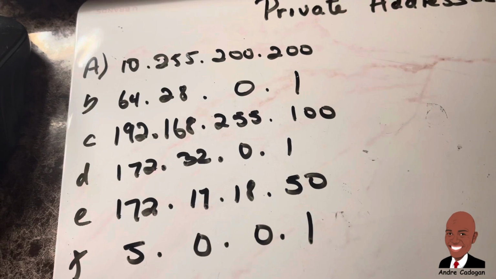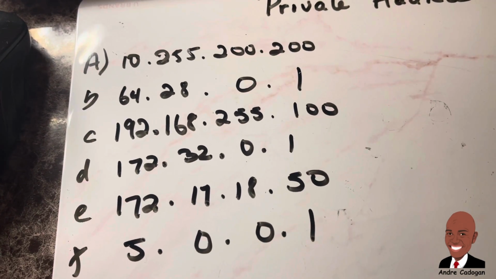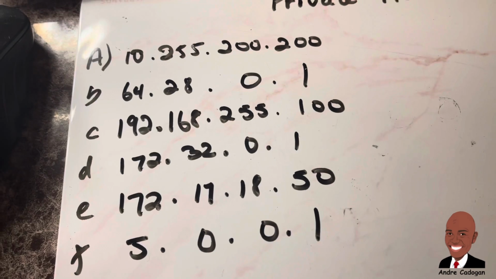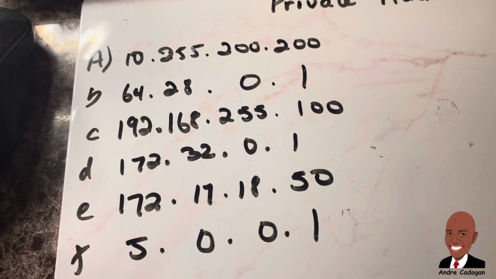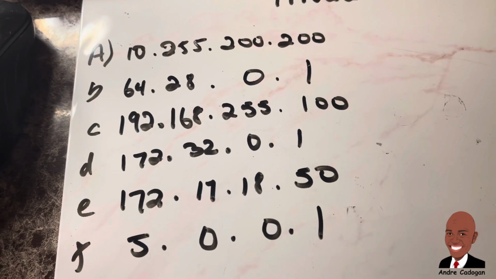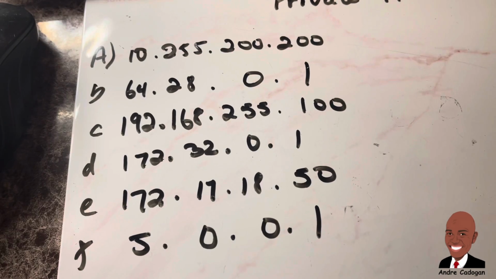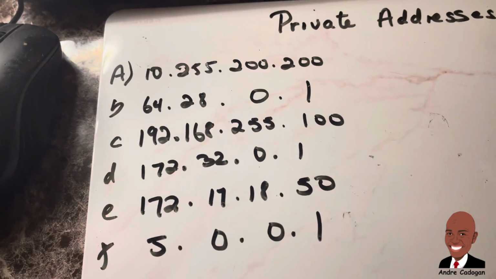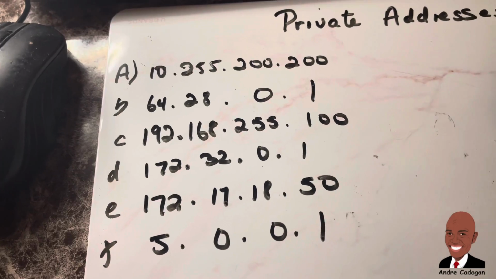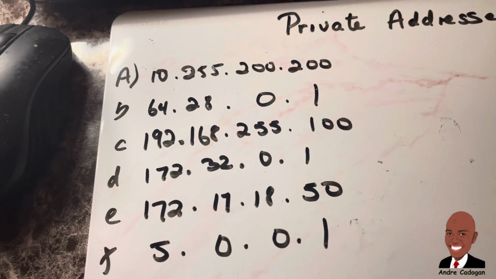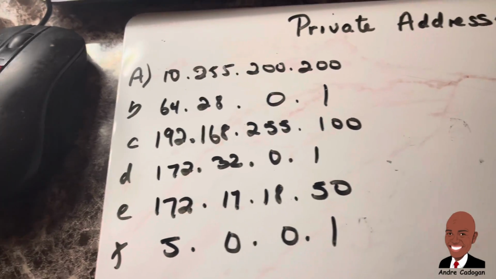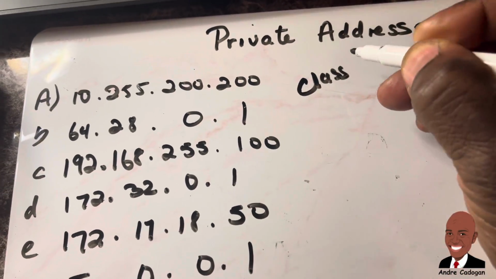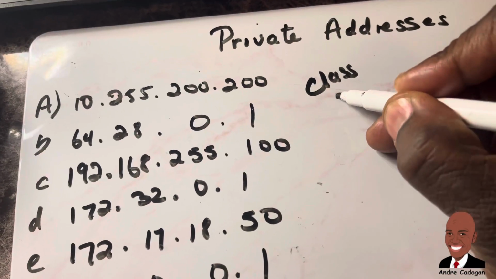10.255.200.200, 64.28.0.1, 192.168.255.100, 172.32.0.1, 172.17.18.50 and 5.0.0.1. Right, so in the CCNA exam, they're going to ask you what are these private addresses, or identify these private addresses. And by knowing what is Class A addressing scheme, which begins at